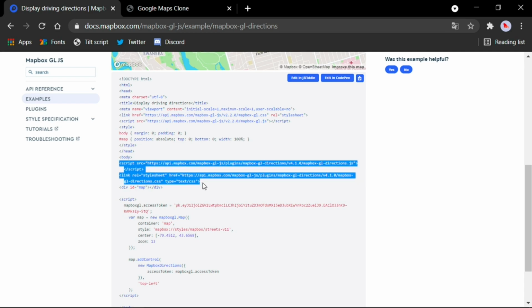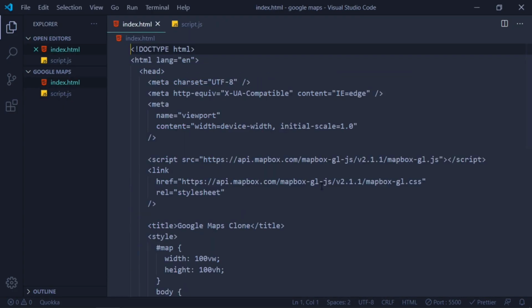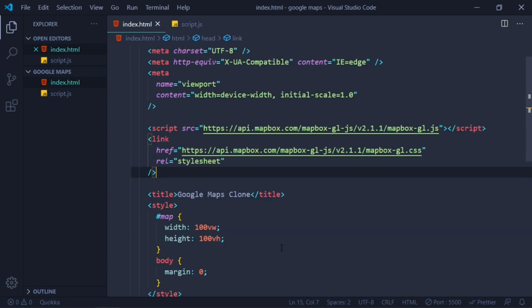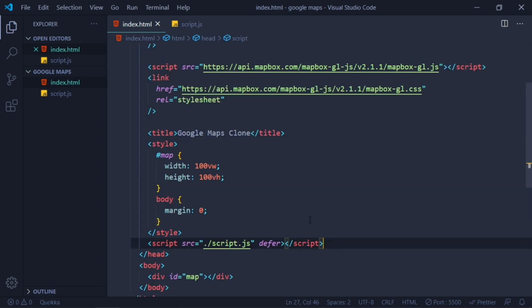So let's copy this and paste it after our Mapbox link and before our script, this link.